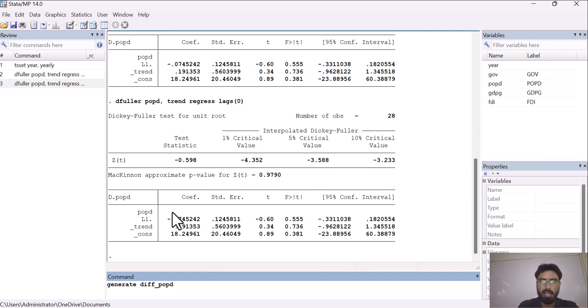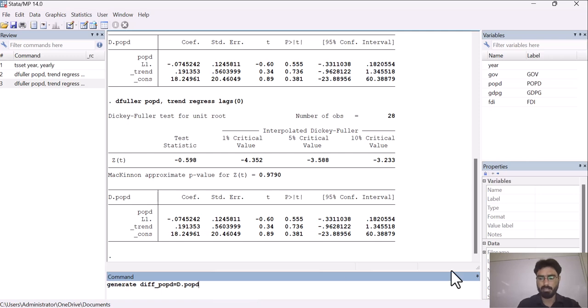So if you type the same variable name but in capital letters, then Stata will show an error that this variable does not exist. So before taking the first difference, make sure that your variable name is as copied as you have in the Excel file. Here you can see that my variable name is POPD, all letters are small, so I have typed POPD the same as the variable name is here. So generate difference POPD is equal to capital D dot the variable name again, POPD.